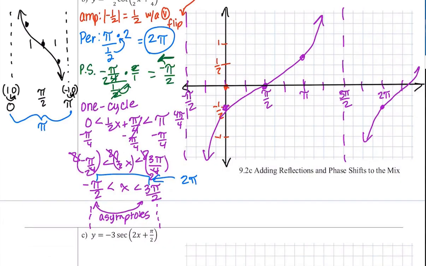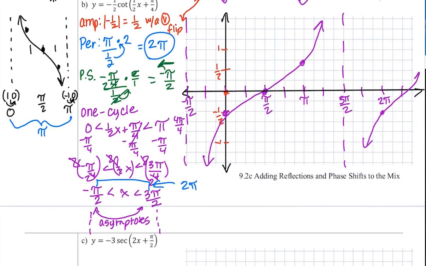Okay, so we have a correction on graph B. We were supposed to have asymptotes at negative pi over 2 to 3 pi over 2. So we had to do some erasing and move the asymptote from where I originally had it here, which was not correct. I made an error. So the asymptote is at 3 pi over 2, and so you're going to cut that section into